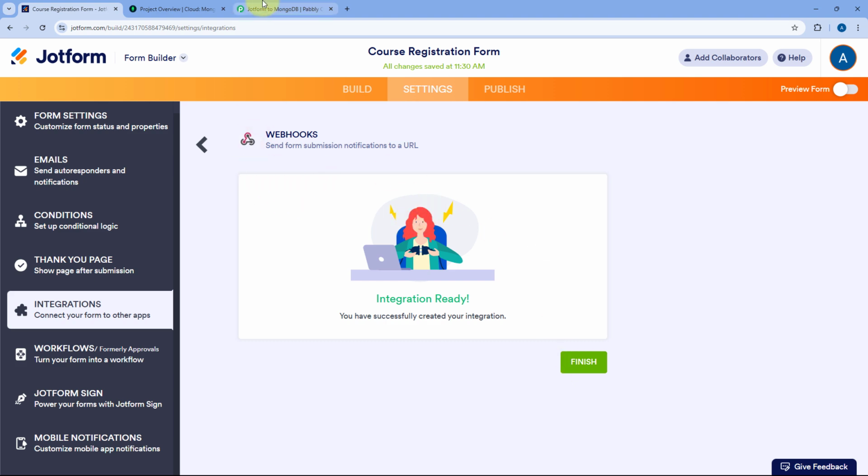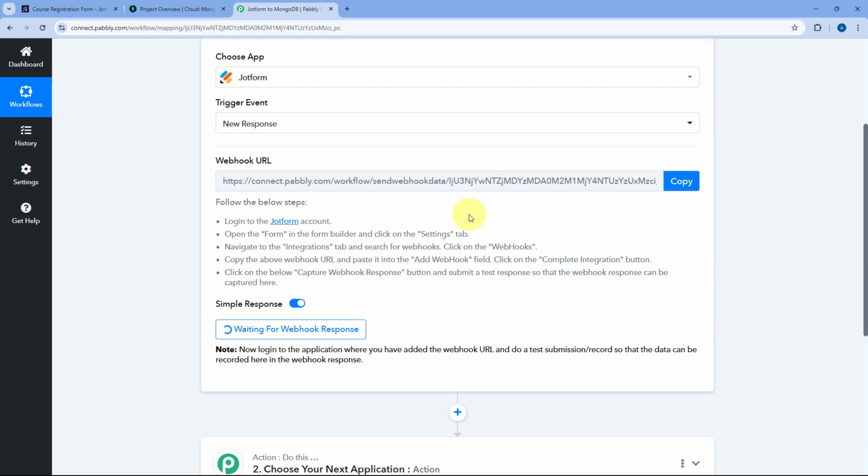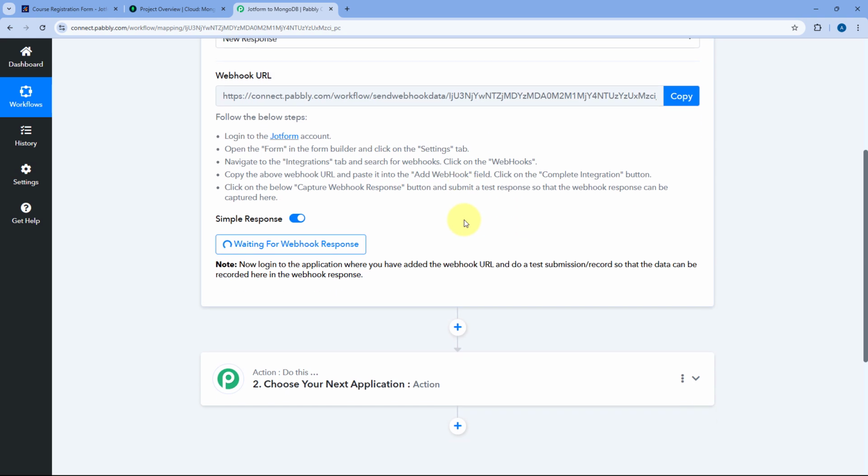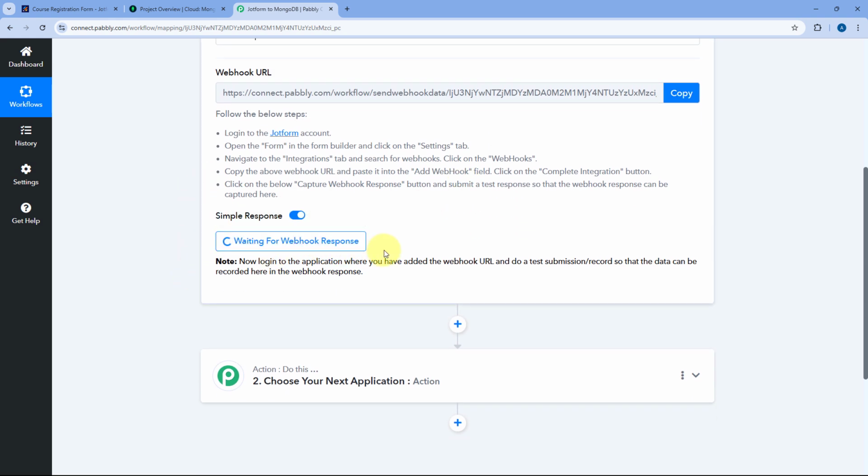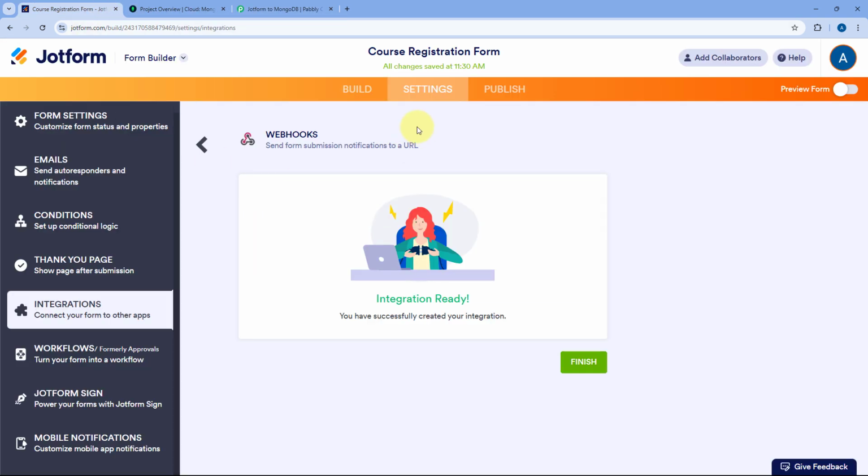This means Jotform is now successfully connected with Pabbly Connect. And here in our Pabbly Connect workflow, you can see it is showing us waiting for webhook response. This means Pabbly Connect is waiting to capture some response for a new form submission from Jotform. So let's do it. I'll just go to this form and we are going to open this form in preview